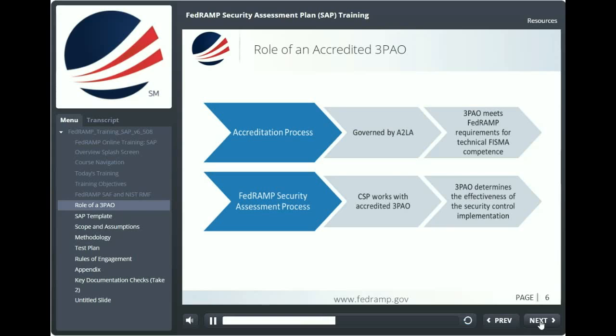In the FedRAMP security assessment process, once the SSP has been approved, the 3PAO begins working with the CSP. The 3PAO performs and independently tests the CSP system to determine the effectiveness of the security control implementation. The role of the 3PAO within FedRAMP is to perform initial and periodic assessments of the CSP's security controls, audit control implementation, vulnerability and penetration testing,